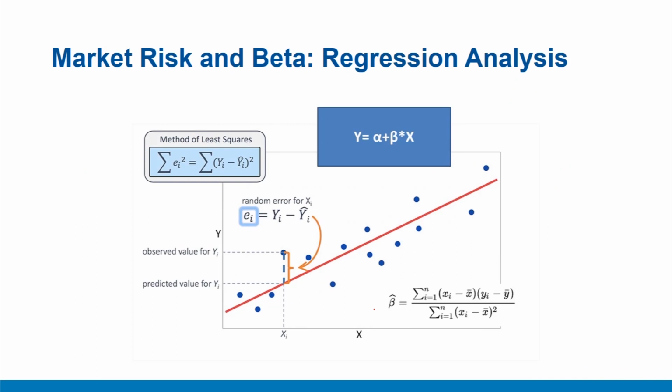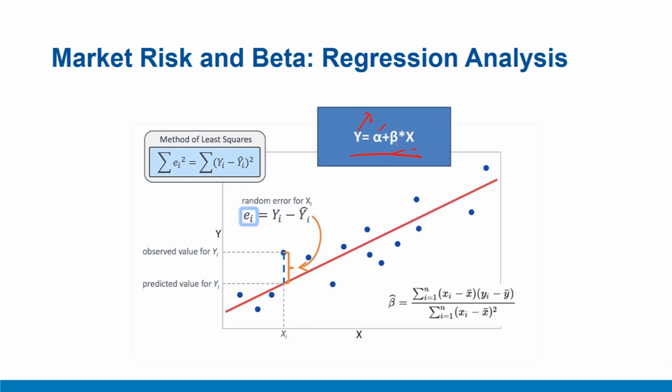This computation of beta requires us to understand regression analysis a little bit briefly. The model that we are running is y equal to alpha plus beta times x, where y is the return on the security i. It can be any security or a portfolio. Alpha is the constant intercept term here, and beta is the slope of the market variable x.